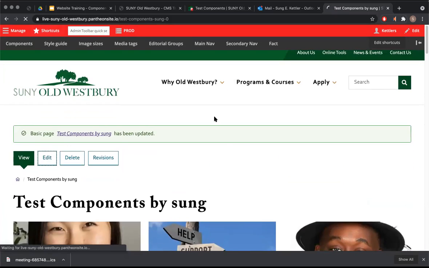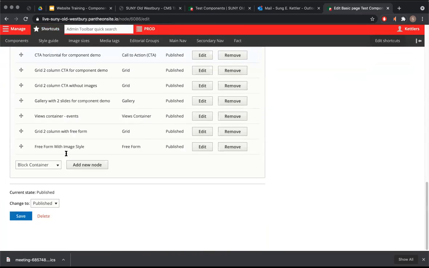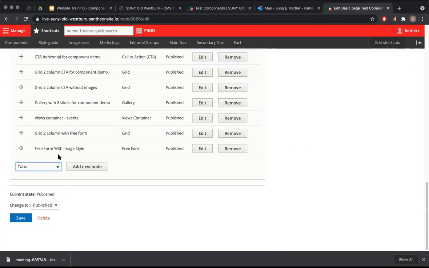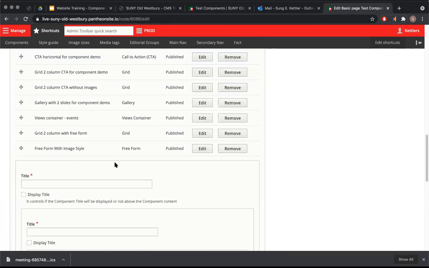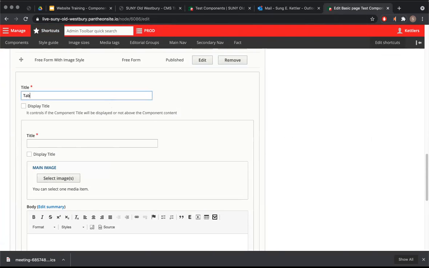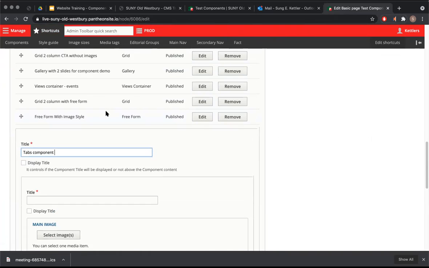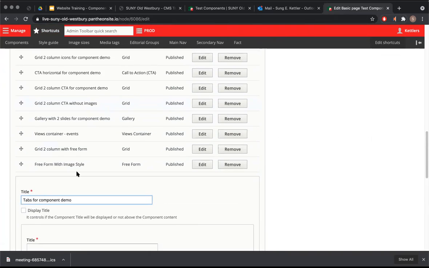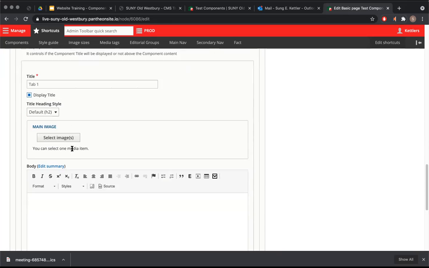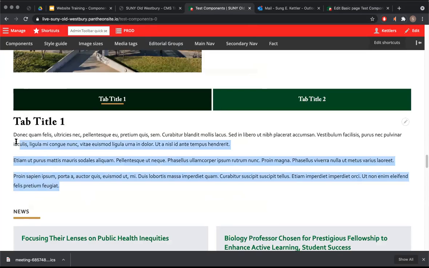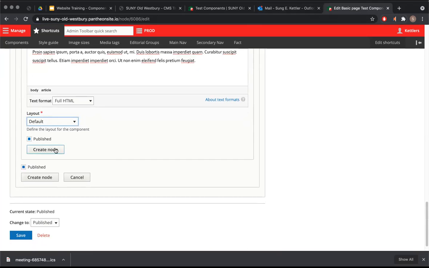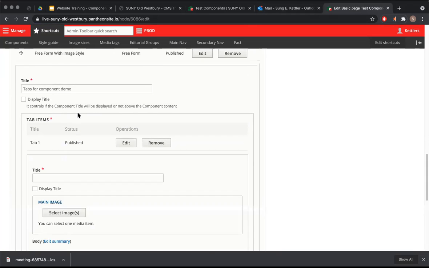We'll go back to the edit page. Tabs. So again, it may look like two columns. It's just one tab component with two tabs. So it will be tabs component. And this is tab 1. I will not put an image. Copy the text. Layout default, create node, add new node, tab 2,